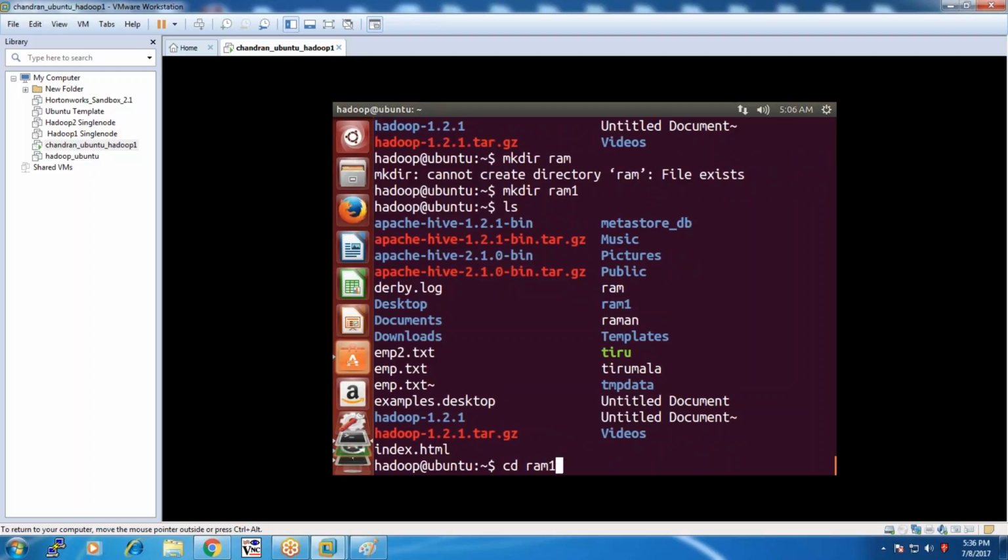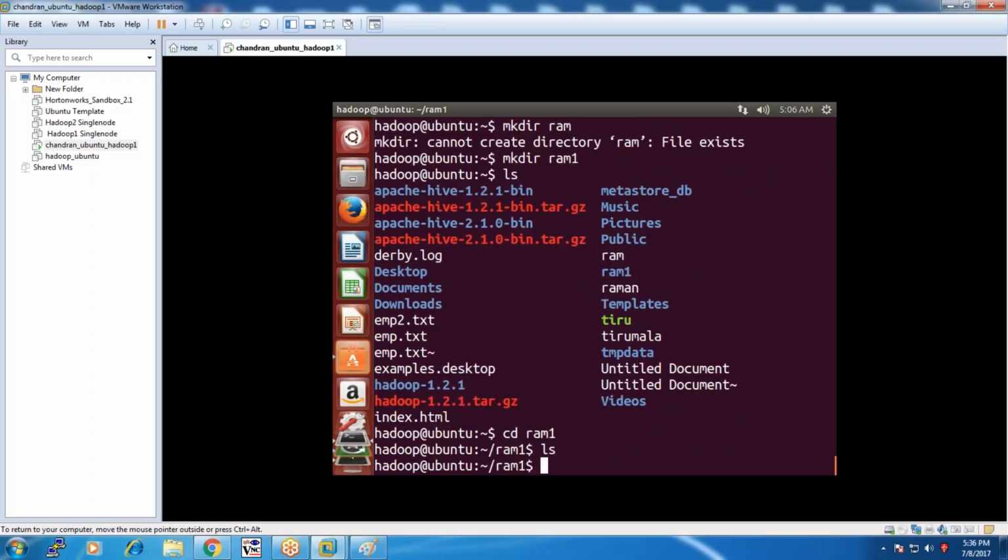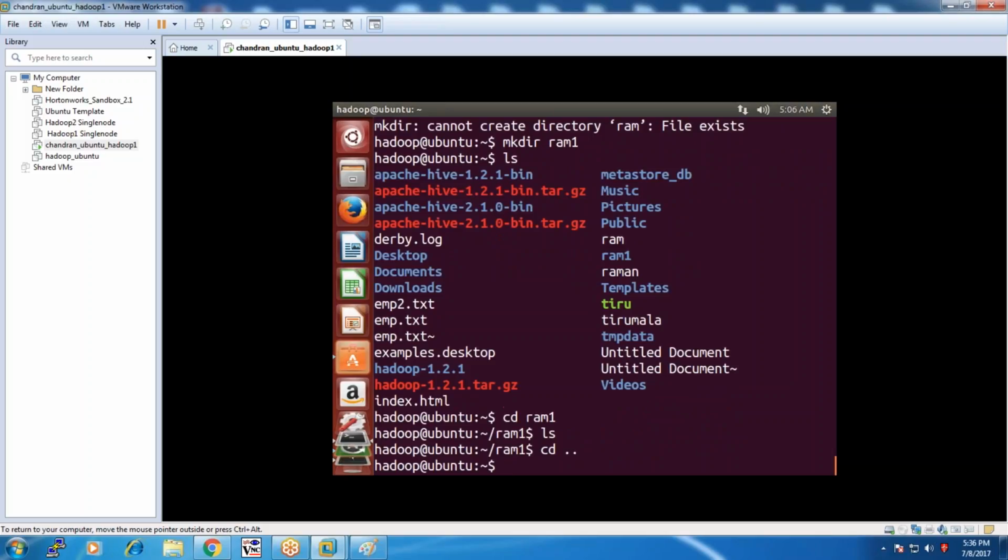Okay, we have a directory by name RAM1. The RAM1 was found to be empty, ls. So we do not have anything in RAM1. So let me copy the employee2.txt into the RAM1. Now the employee2.txt is present in